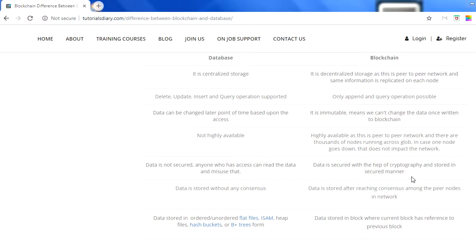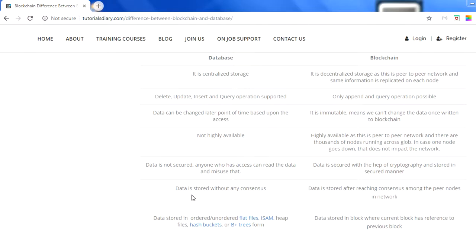They will not show your name in plain text. They will give you keys, a public and a private key, which you use to access your identity, and no one will be able to access your identity because they don't see your picture, your name and other information. So the data is very much secure in blockchain with the help of the algorithms which we use. This is applicable for all types of blockchain, whether public or private.